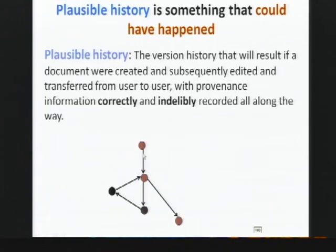So one is this path from the root to this final node, and the other one which takes this loop and comes to this final version. So each of these things that could have brought the document from its original version to its final state is a plausible history for the document. And there might be multiple plausible histories of the document, and one attack by an adversary could be to remove all the history and then invent a fake history, indicated by the red circle here, and include that